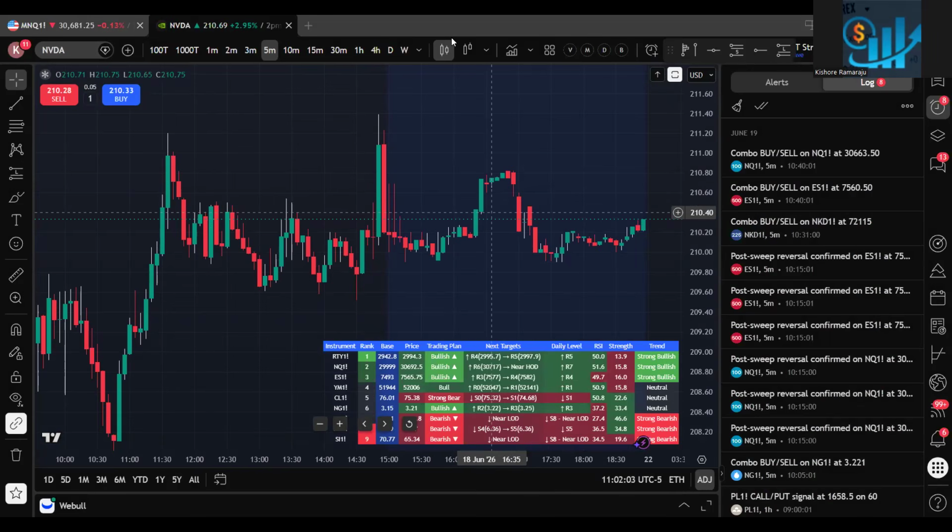Does anyone have any other questions? Regarding the indicators, you have two types of plans: a three indicator plan and a five indicator plan. If you want to mainly trade futures, the three indicator plan is good enough. If you want to trade stocks, options, futures, everything, then the five indicator plan is good because we have some scanners which will help us know which are the most bullish and most bearish for the day.